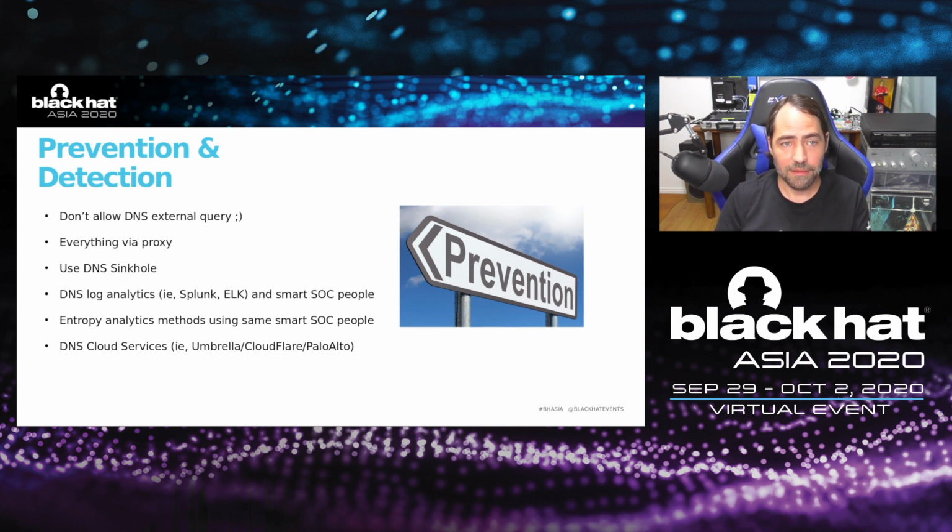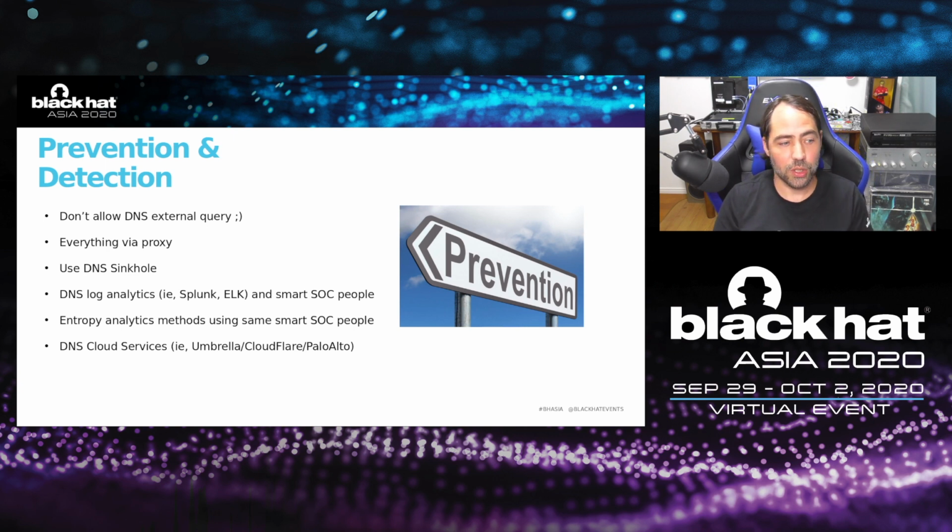Again, it's based on the logs, and you will try to find an entropy. It could be tricky sometimes due to the nature of, for example, I think it's Cloudflare, which has a similar 2025 random X type of DNS, and they are valid actually, CDN sort of things. But yeah, you need to maybe do more analytics on it. But again, same as the smart people you had before, hopefully the same one doing both the entropy and actually log analysis.